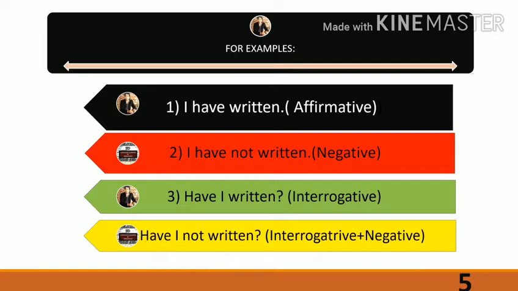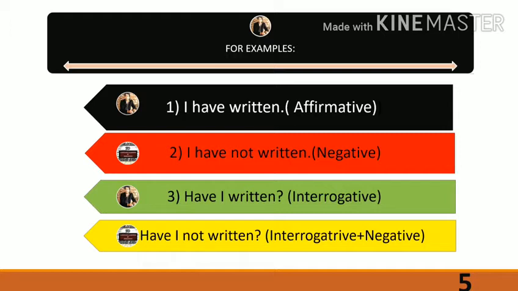But you need to remember here that we have applied the method. The first thing we need to note here is that whenever we talk about present perfect tense, we need a subject, we need have or has, and then we need V3, that is the third form of verb. And when we talk about the subject I, so I here is a subject, have is a helping verb, and written is V3, that means the third form of verb.